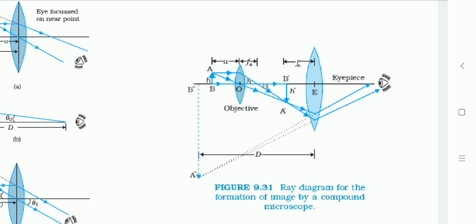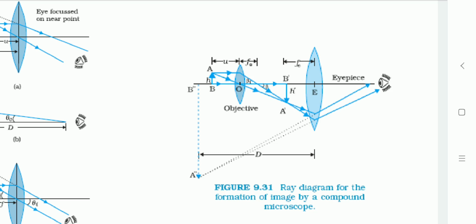Here tan beta, as you can see in the diagram, is the beta angle after the objective lens, the angle at which the light ray passes and generates the image at B dash. So tan beta equals h by f0, and that f0 we consider as L, so that is equal to h dash by L. H dash is the size of the first image, that is the size of the image generated from the objective lens, and the object size is h.